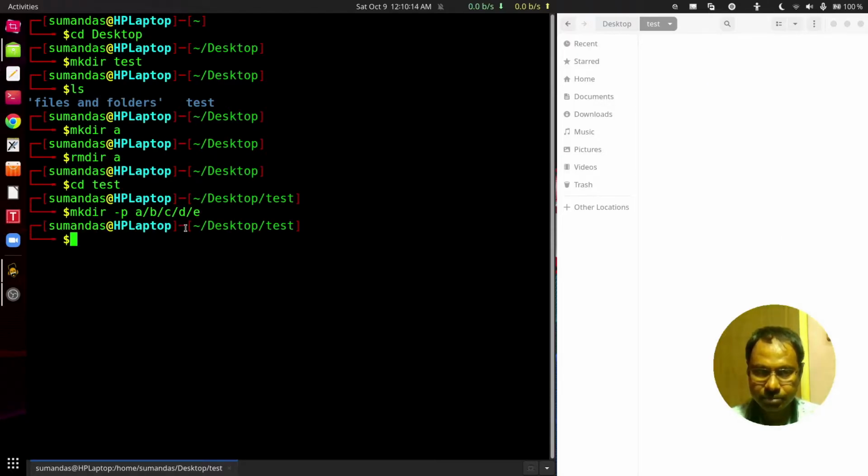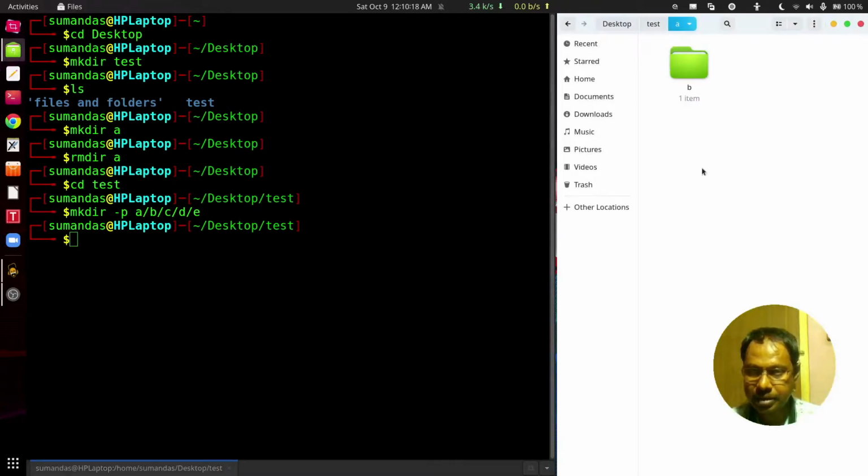Press enter and here we can find the directory A has been created. Under that the subdirectory B, under that the subdirectory C, under that the subdirectory D, and under that the subdirectory E has been created.